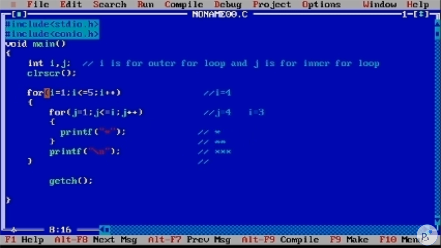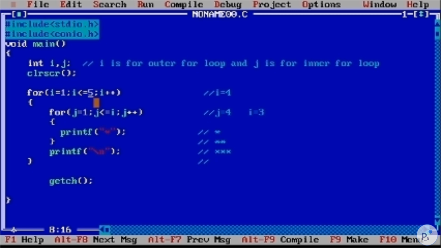That's why the outer for loop is used to define rows. And you are watching in the inner for loop, it is printing stars till the value of i, means it is creating the columns, sorry. Got it? That's why we call the outer for loop to define rows and the inner for loop to define columns.